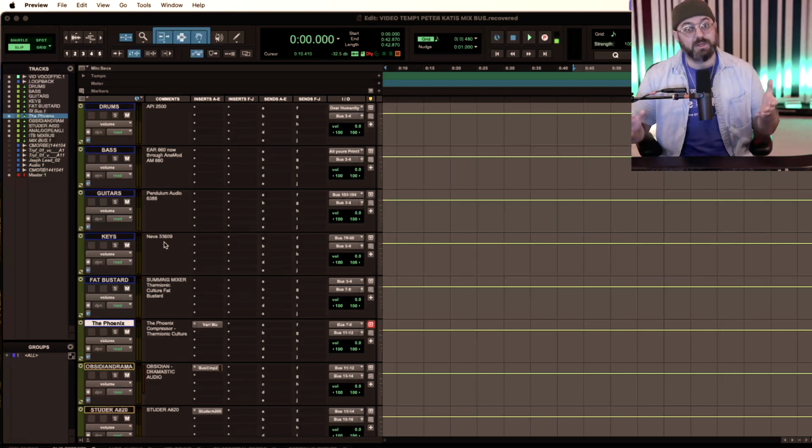So probably the Burl converters are what he's using to send to these pieces of gear. And if you notice, there's no vocals here. Where's the vocals? He's just sending the vocals out into his summing mixer, which is where all these go: drums, bass, guitars, and keys also get to his summing mixer, but the vocals have no compressor on them because